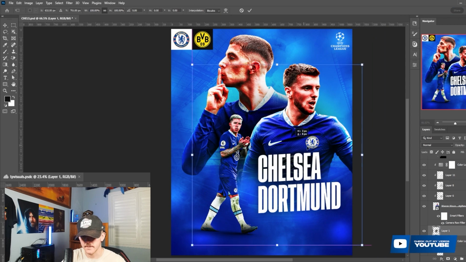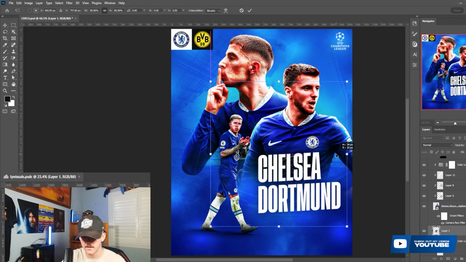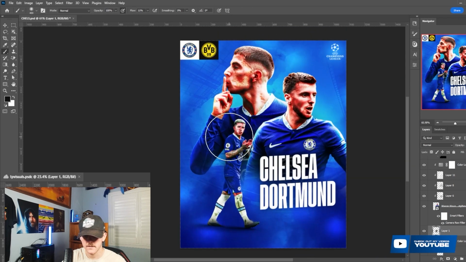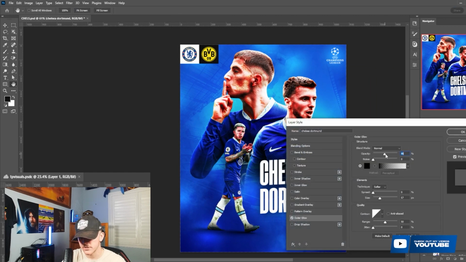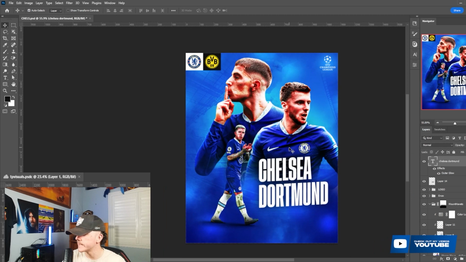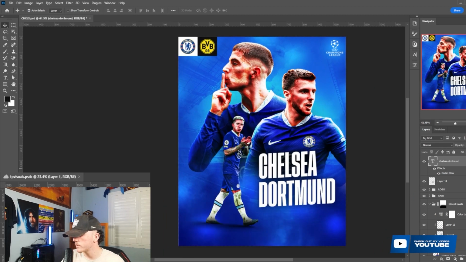And now I'll also fix up the glow behind the hand like so. And I'll just increase this to around 50% for the outer glow on the text. Now what we're going to do is put the match details in. So we'll just put Stamford Bridge,